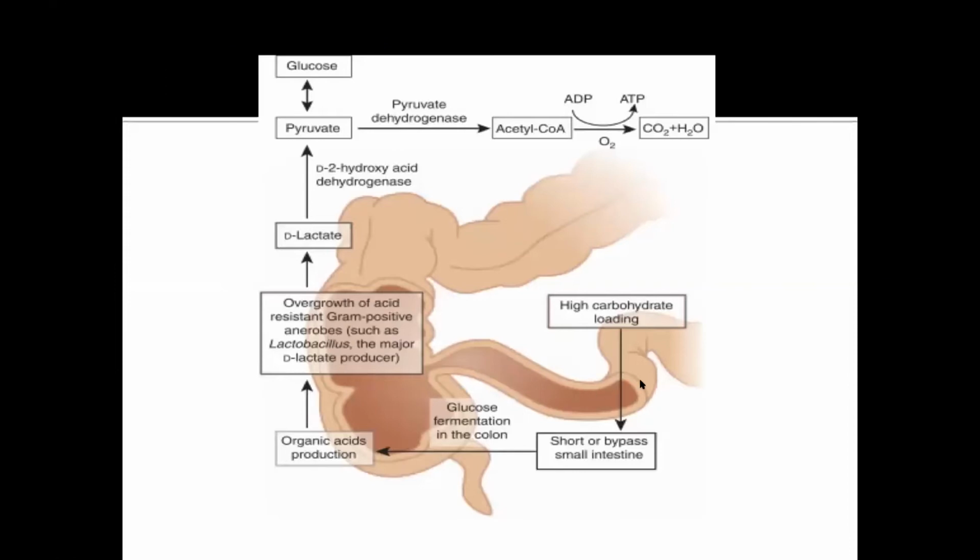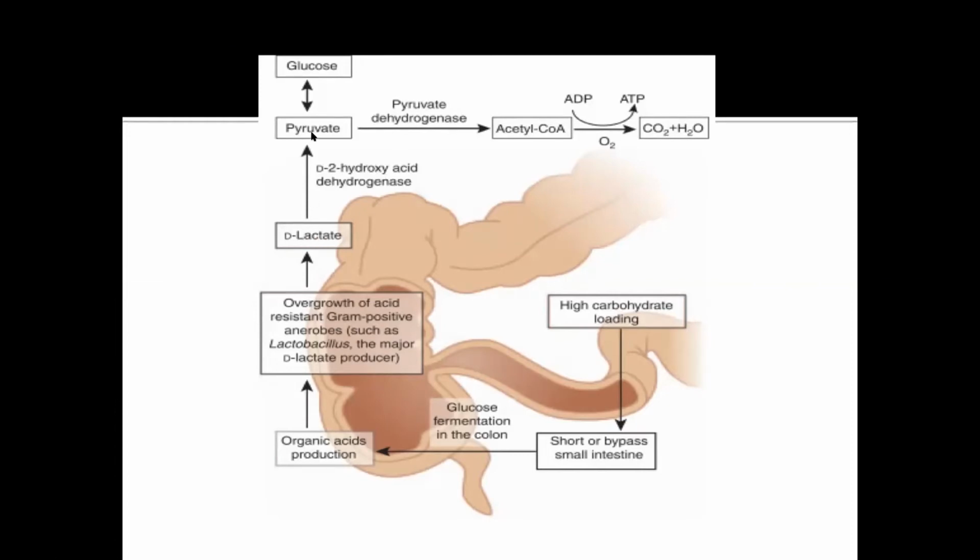Patients with short bowel syndrome have a short bowel, so they are not absorbing nutrients as well. So they have a high amount of carbohydrate reaching the colon and the terminal ileum. With the background of short bowel syndrome and bacterial overgrowth, they have lots of anaerobes and bacteria in their colon. The fermentation of the carbohydrates results in high levels of D-lactate or D-lactic acid.